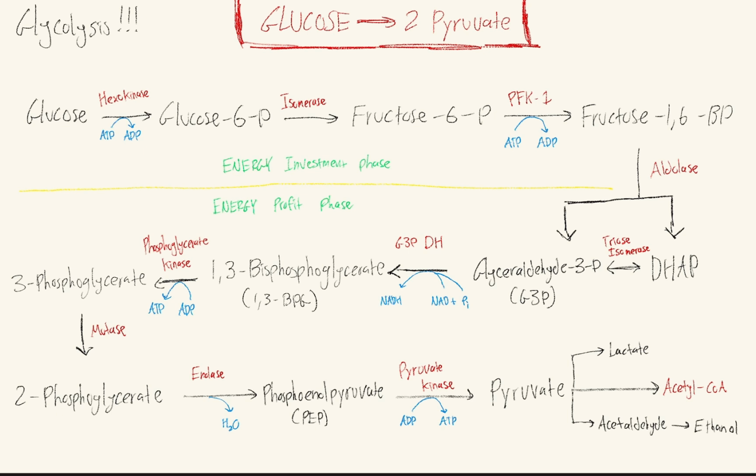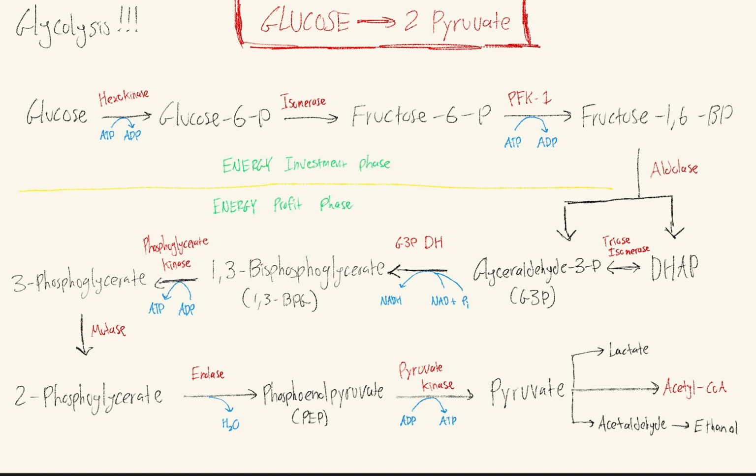For now, though, we're going to focus on glyceraldehyde 3-phosphate because this is the molecule that pushes glycolysis forward. Do know that the concentrations of DAP and glyceraldehyde 3-phosphate are in an equilibrium in the cell, and that the enzyme that is interconverting these molecules is known as triose isomerase. That said, we're focusing on glyceraldehyde 3-phosphate, which I will be calling G3P sometimes. And so the next step is to turn glyceraldehyde 3-phosphate into